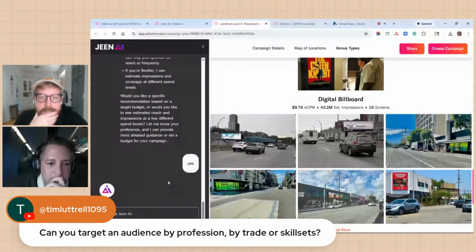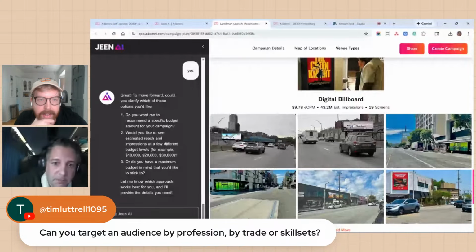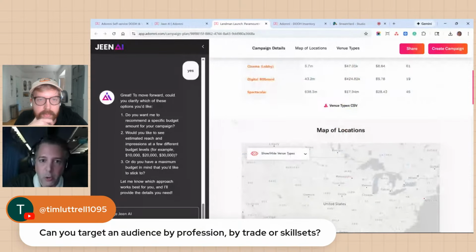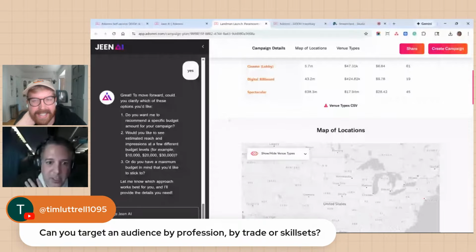Yes, you can. And it's going to be a combination of specific locations. So if you knew that you wanted to target, I don't know, home builders, then maybe Home Depot would be a good place.